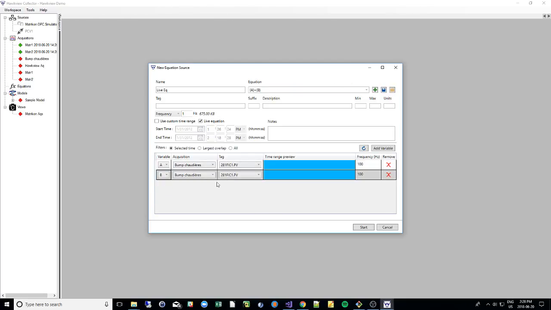Now, in order to have a live equation, you of course must have live acquisitions tied to its variables. And you can identify live acquisitions in the time range preview very easily with their ending. So in these cases, it's a square end. So these are not live acquisitions. And if I were to try and start